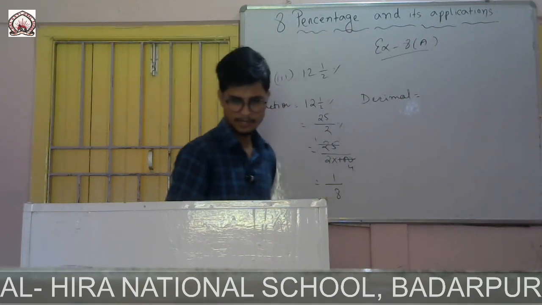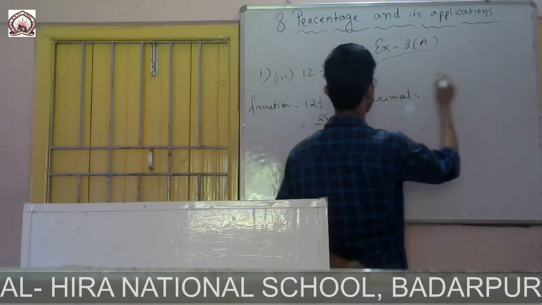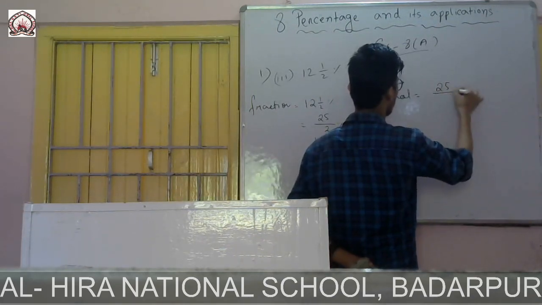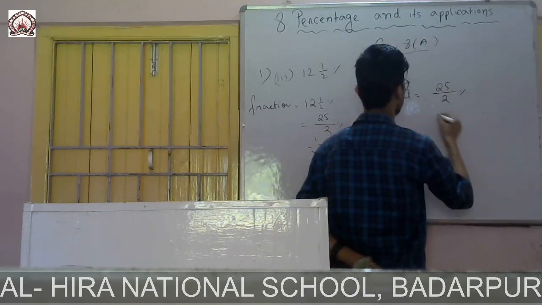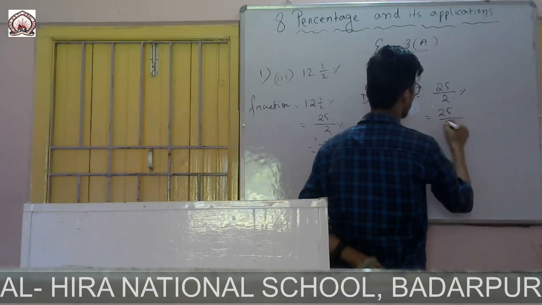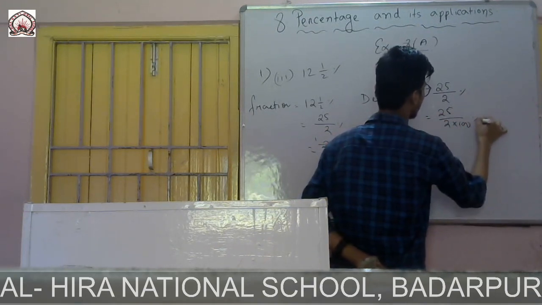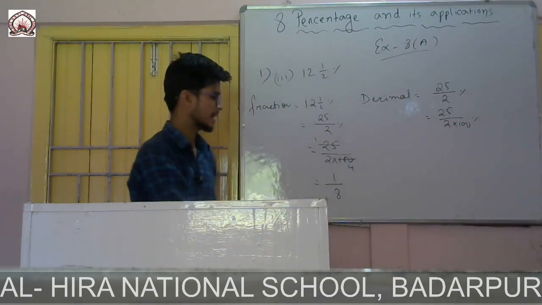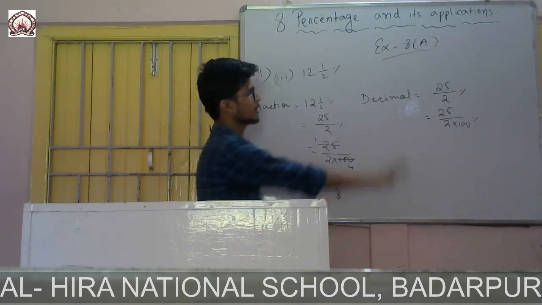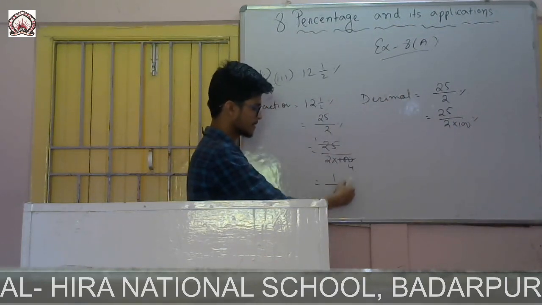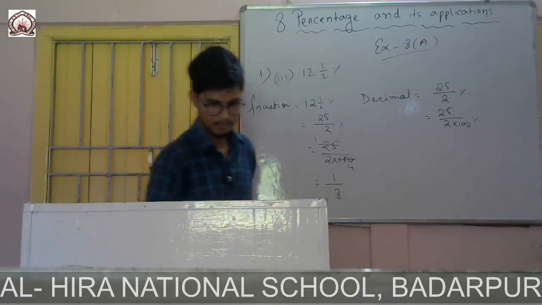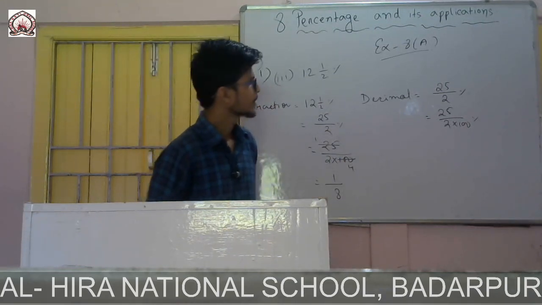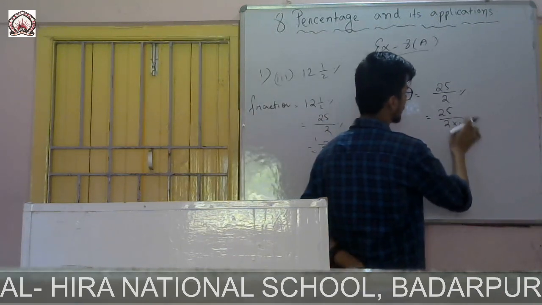In decimal you can write it as 25 by 2%, same as earlier, which I can write as 25 by 2 into 100. Here also directly you can write it by doing the division. No need to write this, but if you want to write like this, then simply you divide 1 by 8, you will get the answer. Or in an easy way you can do it like this. That means, okay, so 25 by 100.